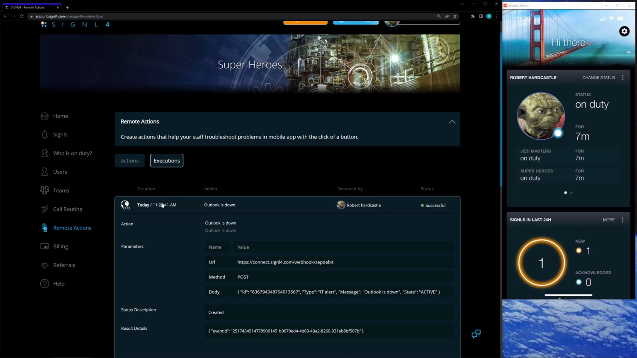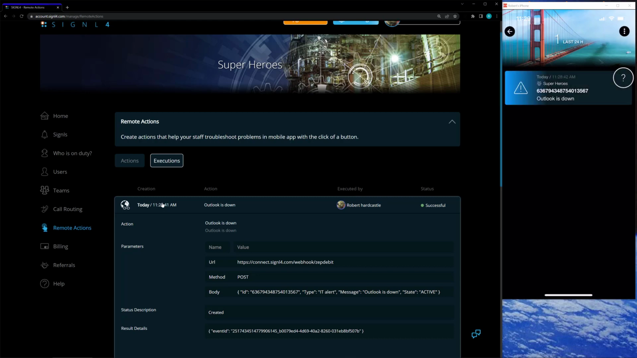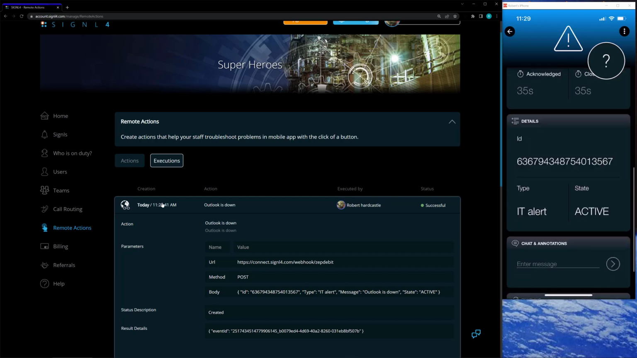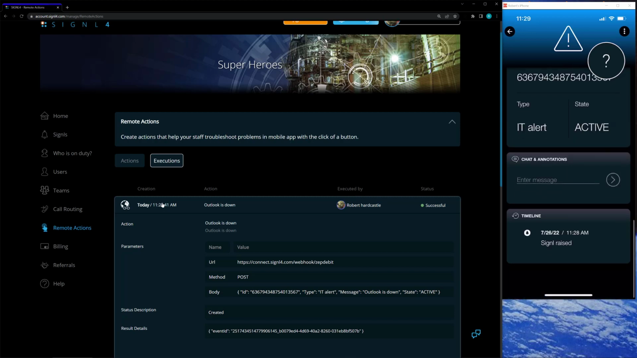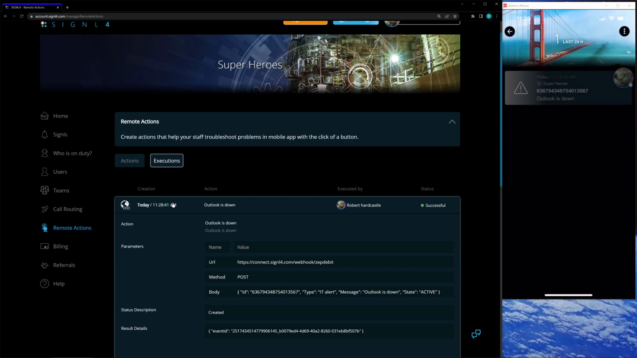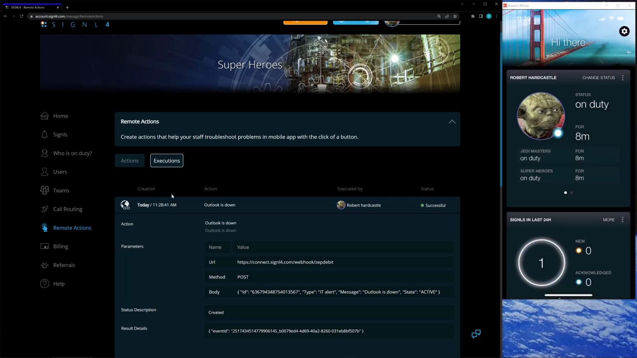So now, over here on the right hand side, I'm going to go ahead and open up my alert, and we'll see here's the ID number we gave it, and then the message, Outlook is down. And then if I scroll down for the details, we have the ID again, the type, and then the state, which was all sent over inside of the alert. So I'm going to go back to our home page here. So that's how we can create the remote action, and then we executed it via the test action inside